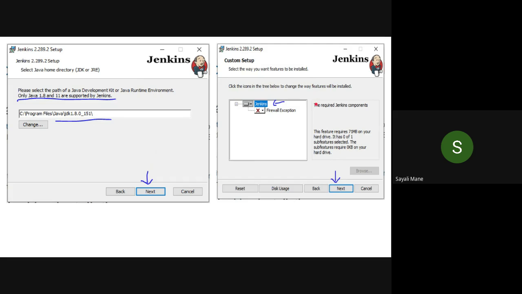After that, the custom setup screen will be there. Don't do anything. Sorry, click on the Jenkins icon and then click on the next button. Just let me know once it is done. Done, ma'am.